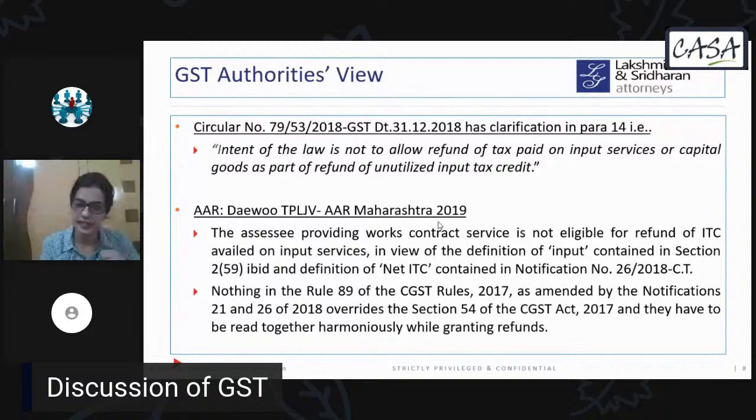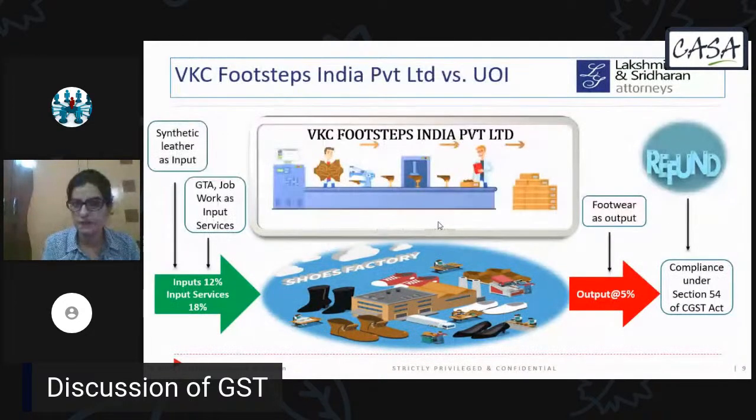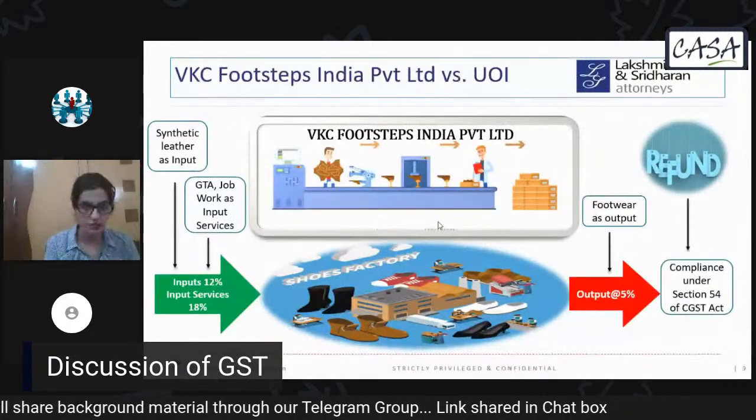Thereafter, there was this AAR of TPL also, wherein the Maharashtra Authority for Advance Ruling also gave a similar view, that a person is not eligible to claim the refund in case of ITC pertaining to input services under this inverted duty rate structure. So now with this whole anomaly, this person, VKC Footstep India Private Limited, filed